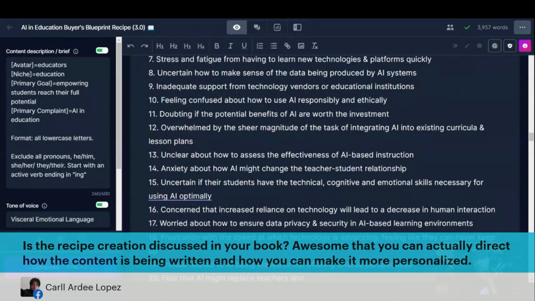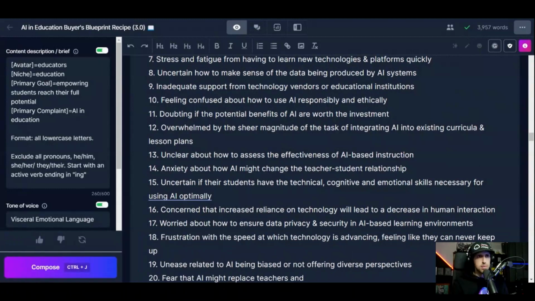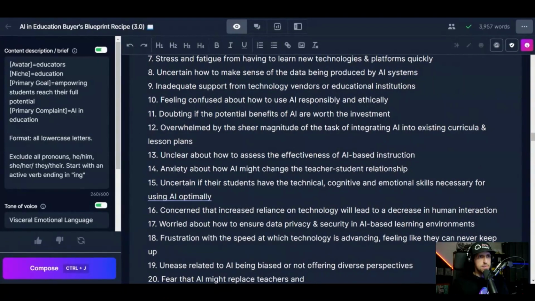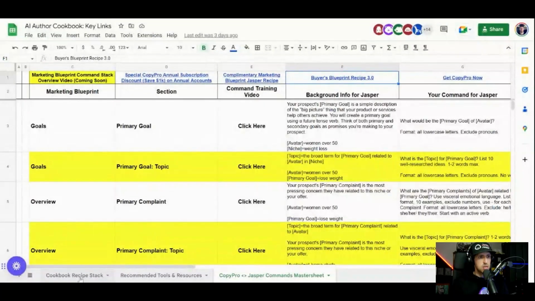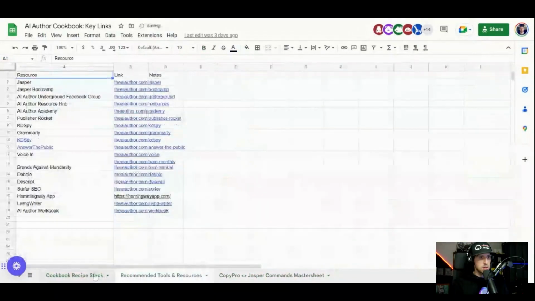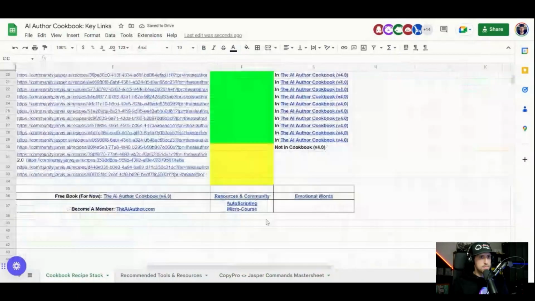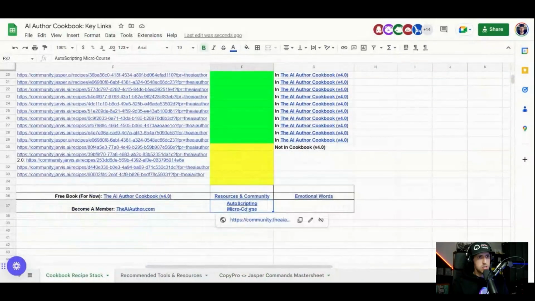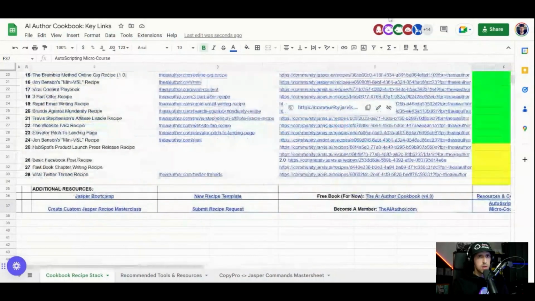Where you can find out more information on how to create recipes, and if you're just getting into this, I would recommend this is your next step after you go through the Jasper Bootcamp, is inside of the key links spreadsheet in the regular cookbook command stack. Probably could be a lot less hidden over here in the corner, but the AutoScripting micro course is right here, and that's a course inside, and I think you need to have access to the Circle point. But if you guys go to